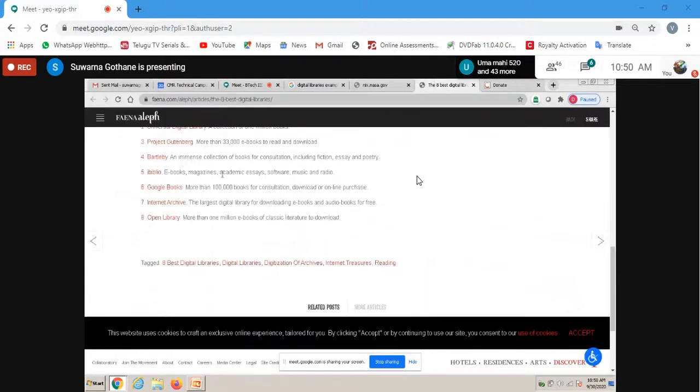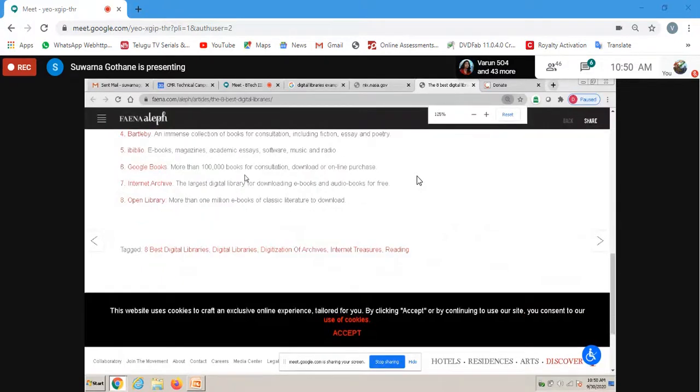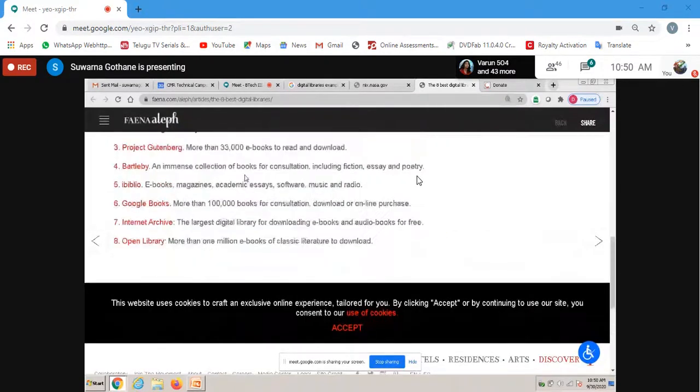If you are interested in ebooks, magazines, academic essays, software, music and radio, according to your interest area you can visit a particular library, and their data is going to be available all the time. So for ebooks, magazines, essays, software, music and radio, the library used is IBIBLIO.